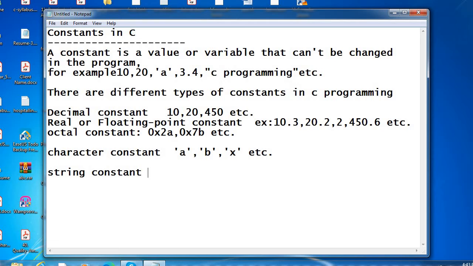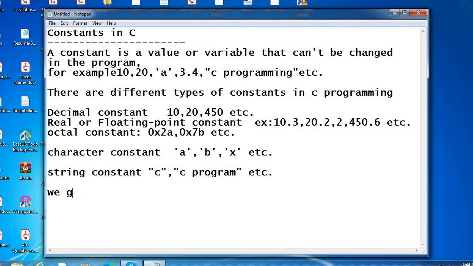Here I am going to store, for example, a C program. We can store a sentence like this, etc.